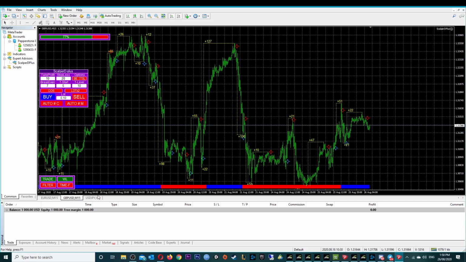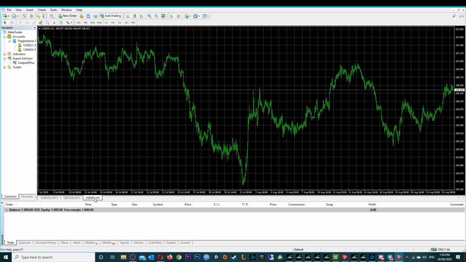So it's up to you whether you want to use the 15-minute time frame or the 5-minute time frame. I find the signals are a bit better on the 15 because it is a higher time frame, but 5 minutes is really good for scalping. So let's drag it onto UJ,